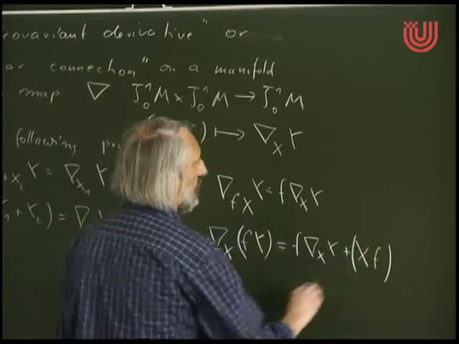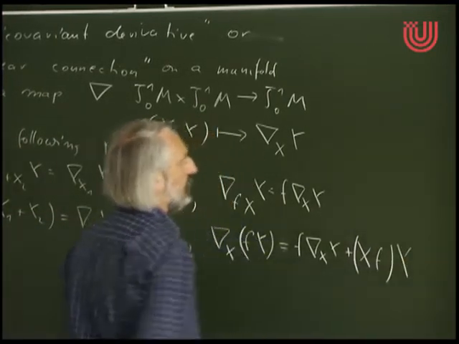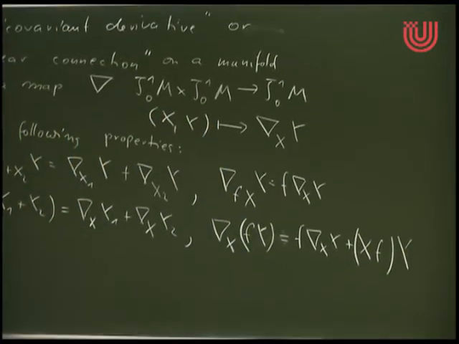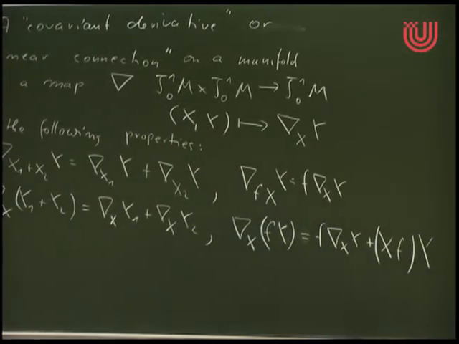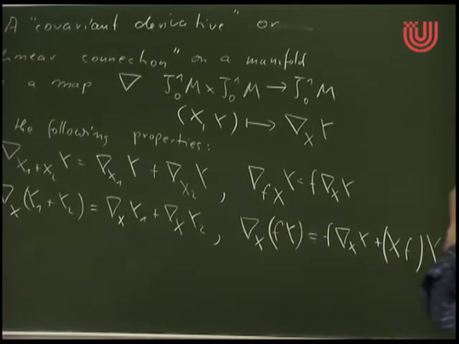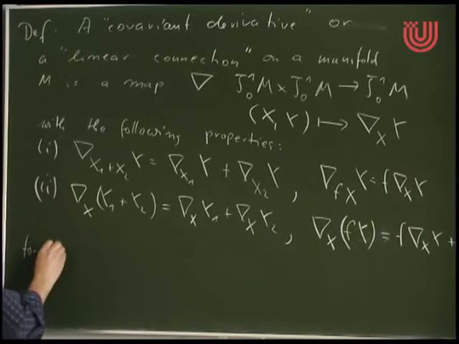So I apply the x as a derivation to the f, and then I multiply with the vector field y. So these are the two rules. These are the defining properties of a covariant derivative. And I should, of course, write what the objects are, although it's fairly obvious. So this should hold for all